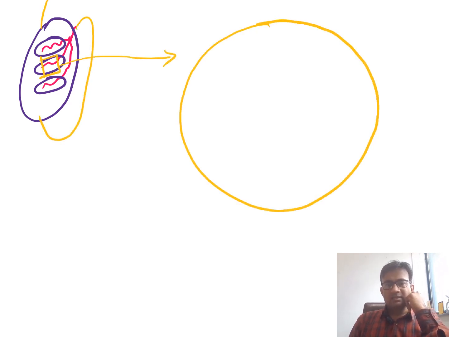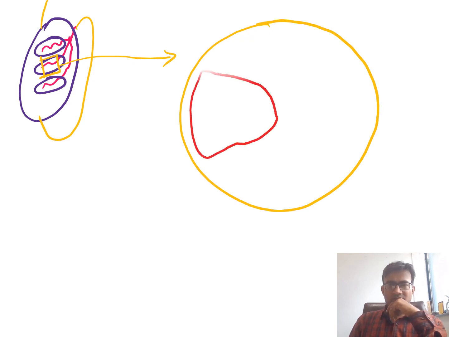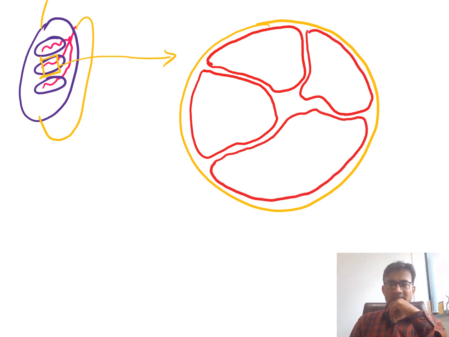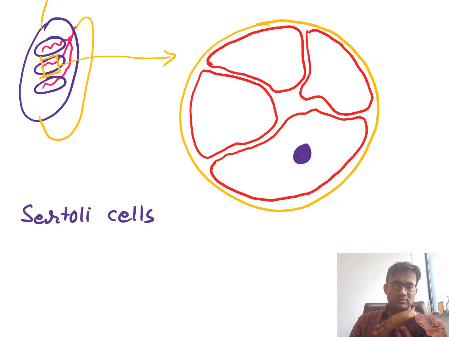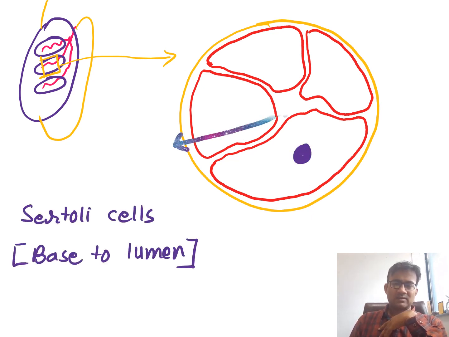So if I take the cut section, that yellow quadrangular, and from there I have taken the cut section. So there you can see a tubule. So in this tubule, a single tubule, there will be this red color one are Sertoli cell. So here I have shown Sertoli cell only. Then in the Sertoli cell, this is the nucleus of all this Sertoli cell.